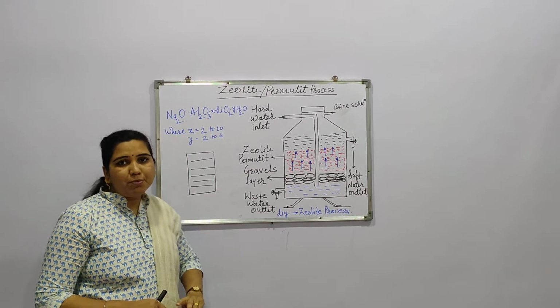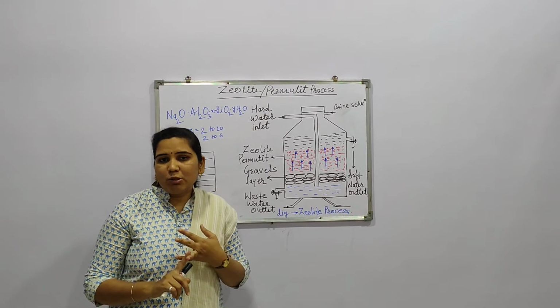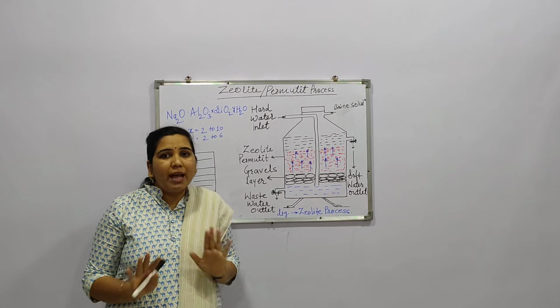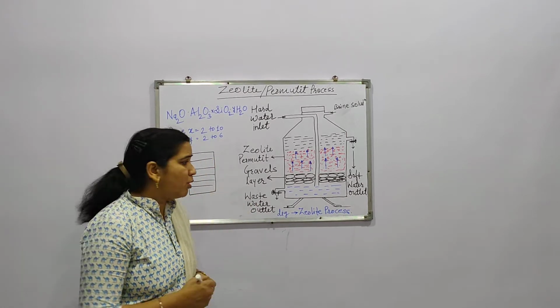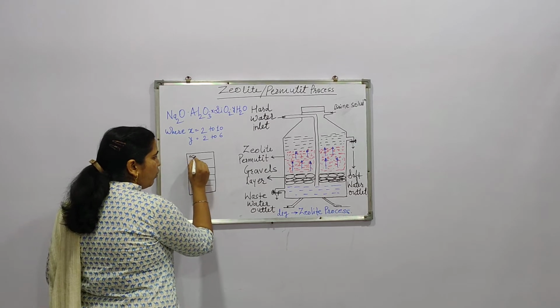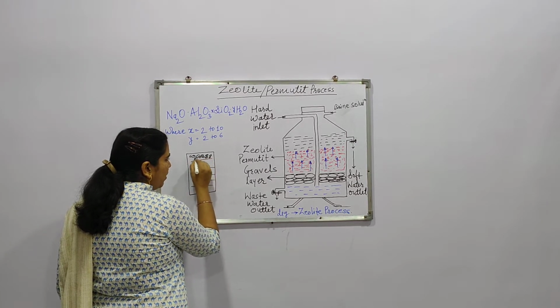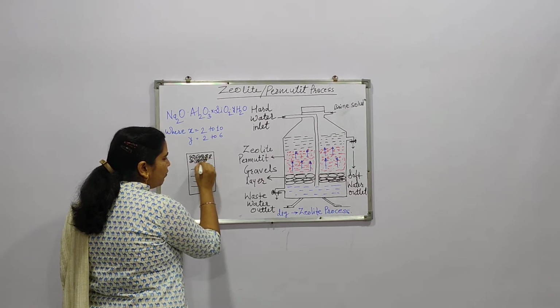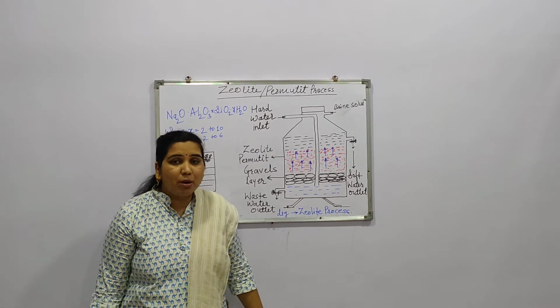So there are two types of zeolite: natural zeolite and synthetic zeolite. Natural zeolite is comparatively compact, not having pores, while synthetic zeolite has a large number of pores. For what purpose are these pores required? Obviously for the filtration of water. All the sheets of this zeolite are made with such pores. So this is about the zeolite.